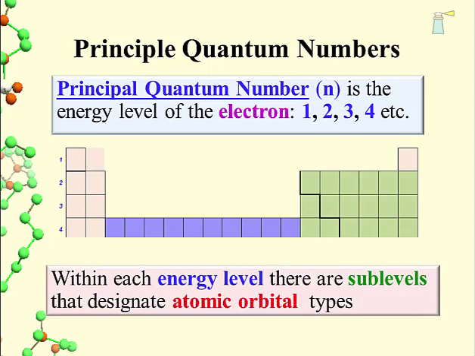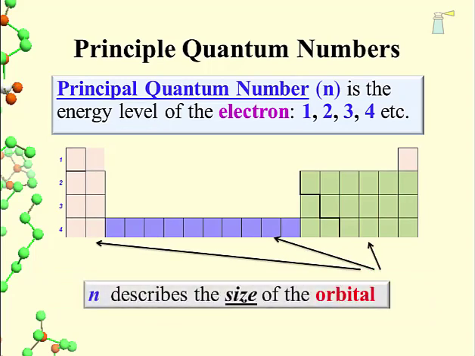Returning to our description of n, within each energy level there are sublevels that designate atomic orbital type. We will get to orbital types shortly. This table is colored by blocks to show how sublevels can be memorized. The practical component of n is in designating energy levels, and that describes the size of orbitals. And to take us to our next quantum number,